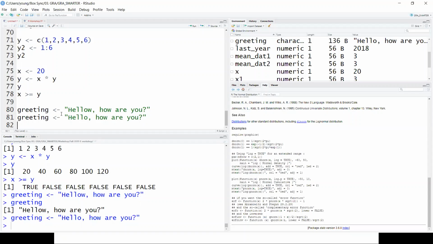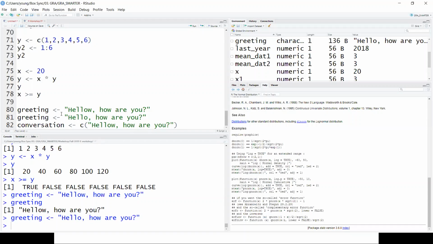Okay, and then we can assign a bunch of sentences at once using the combine function. You can guess and try to type it. Just for example, I'm going to type it while you're thinking about that. You're going to use c, and then Hello, how are you?